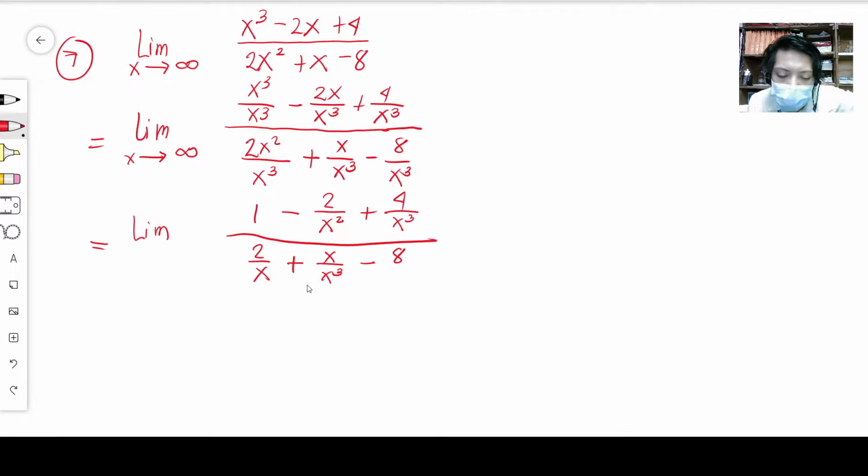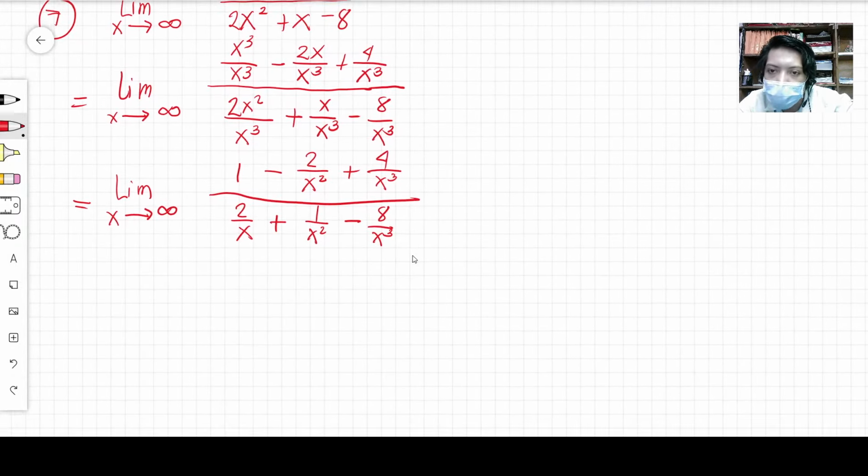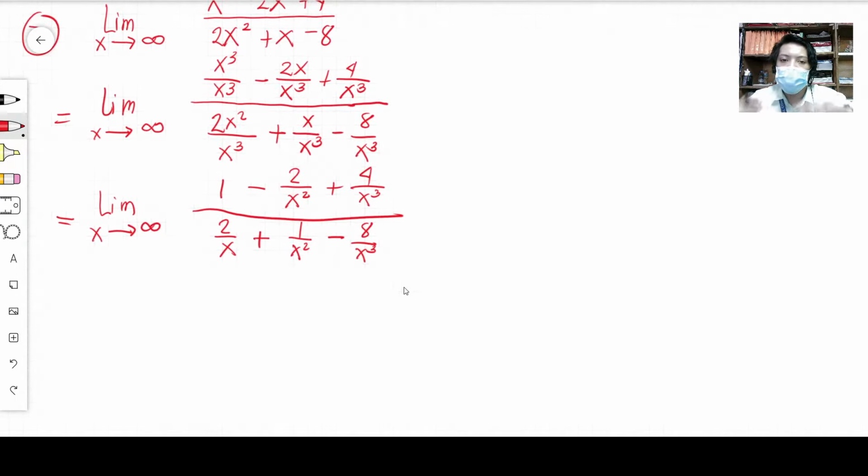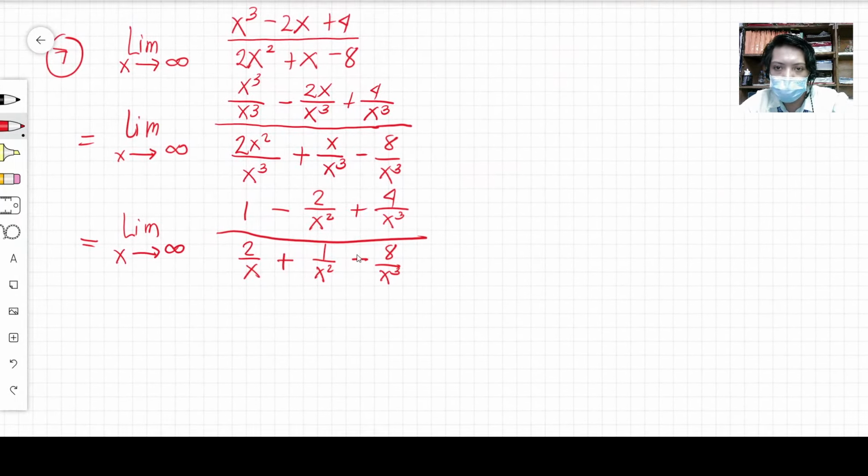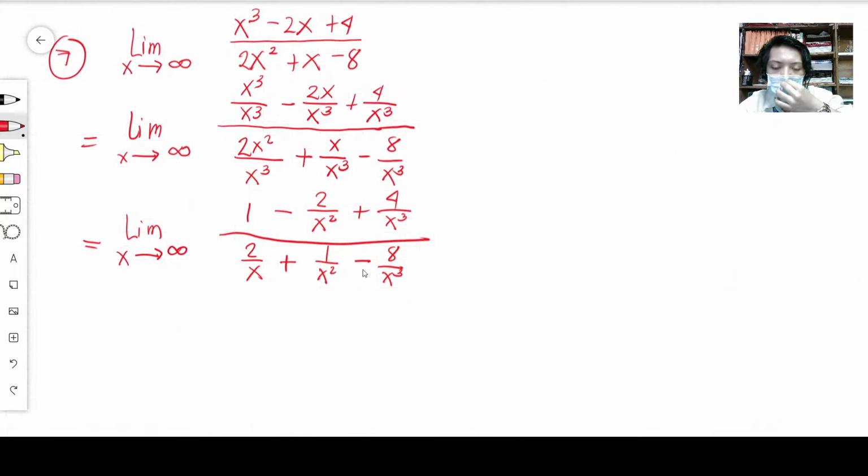Wait, this is x over x cube, which is 1 over x squared, minus 8 over x cube, as x approaches infinity. Now we substitute the value of x, infinity, for x. So substitute the value of x, infinity. Okay. So this will be equal to